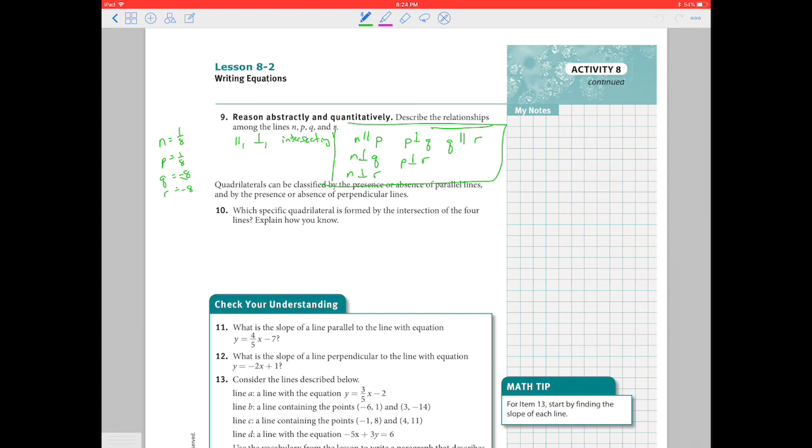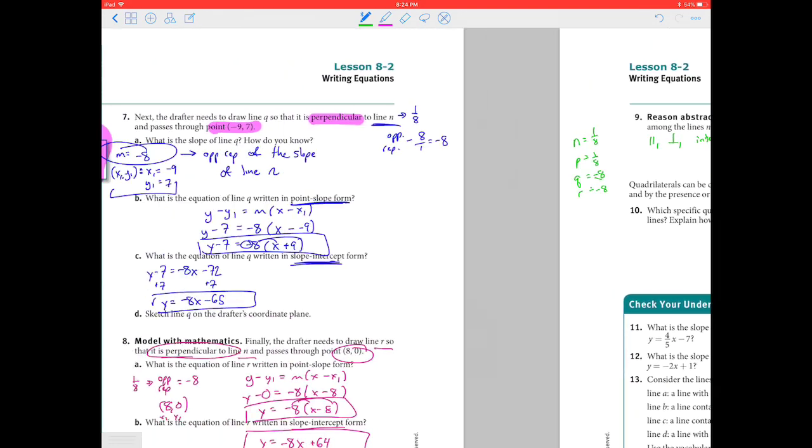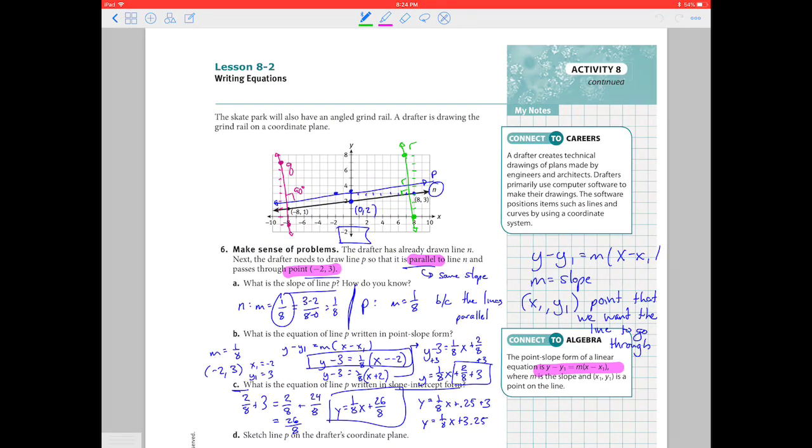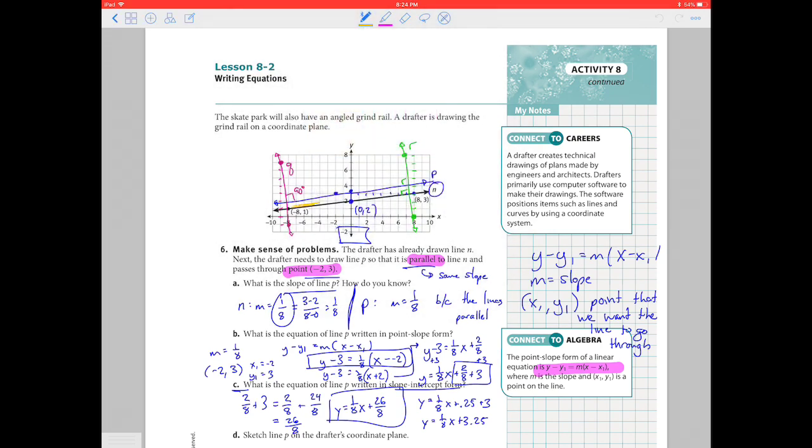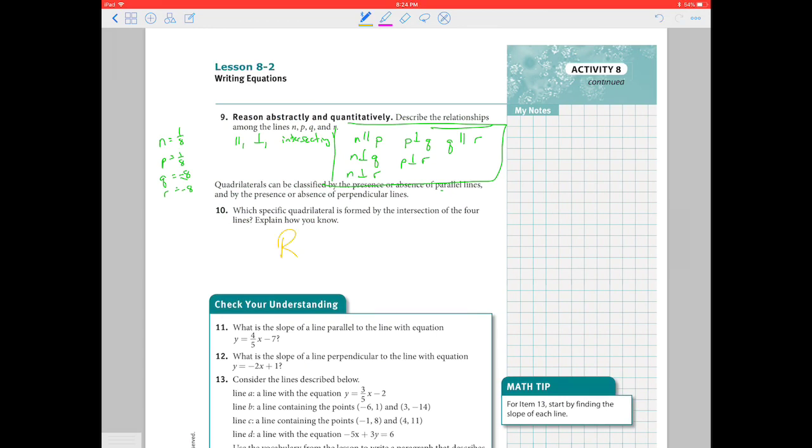So quadrilaterals can be classified by the presence or absence of parallel lines and by the presence or absence of perpendicular lines. So I already said this, I forgot this was a question, but if we look back at our graph, it's asking you, which I had a hard time understanding what this question was asking, what shape is formed by these four sides. So like what shape am I coloring in right now? I already said it, but we have right angles and parallel lines. So this shape would be a rectangle